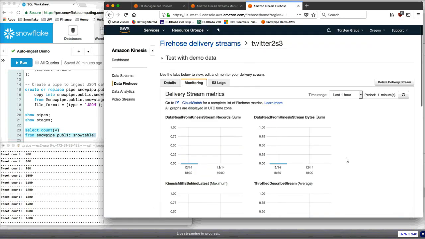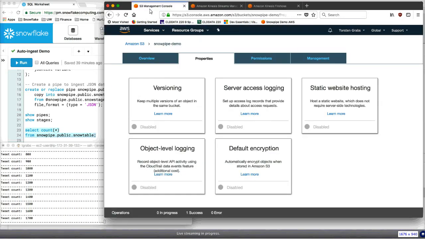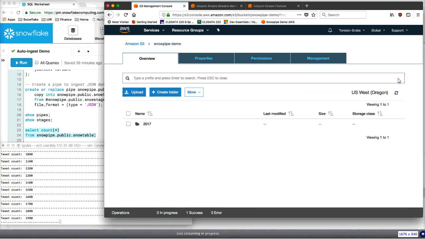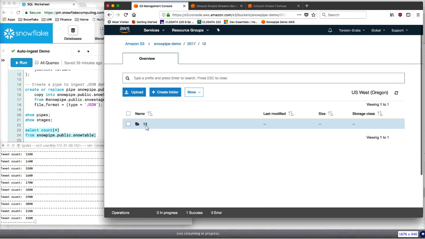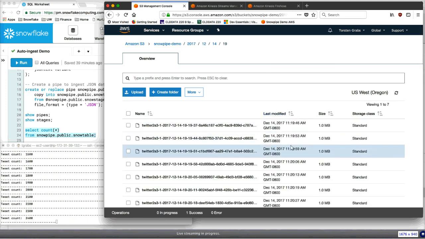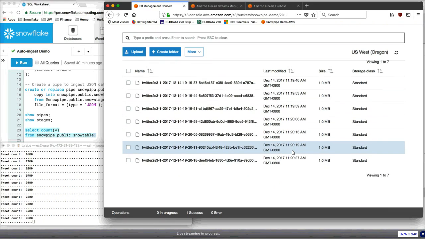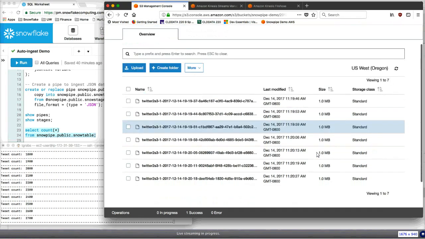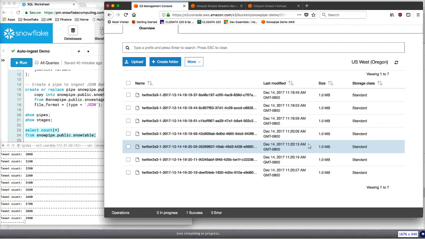All right. Let's take a look at our bucket. Yes, and if I refresh the bucket, you can see that there was a folder or a prefix created over here. As we look at it, you can see that the first files with tweets are landing in the bucket. And if you take a look at the timestamps, you can also see that they're about a minute old. And every couple of seconds, a new file is arriving in the bucket.